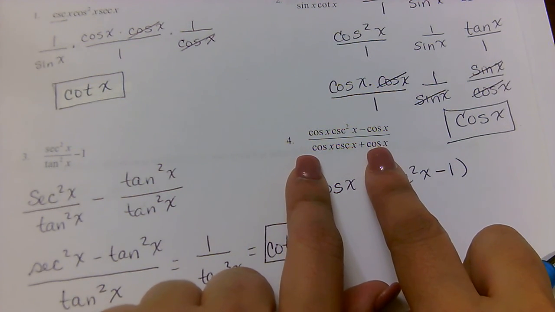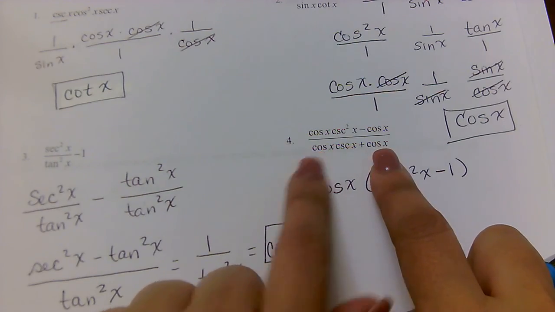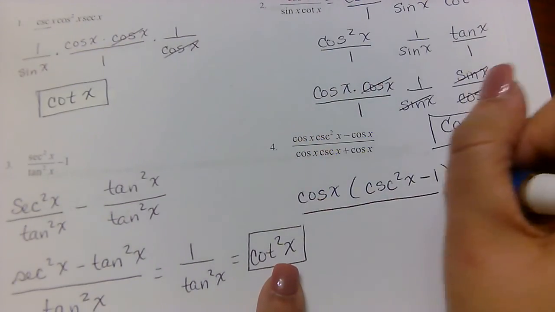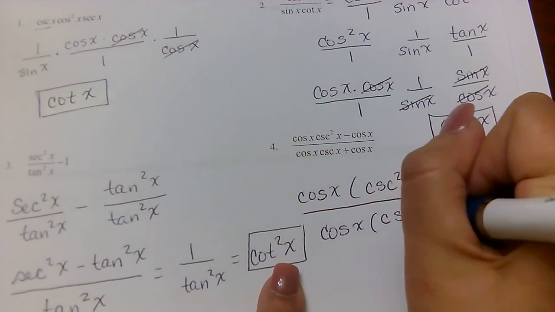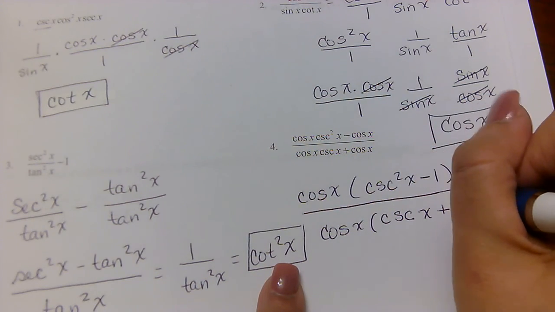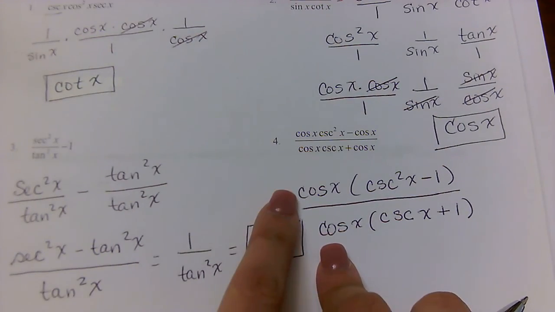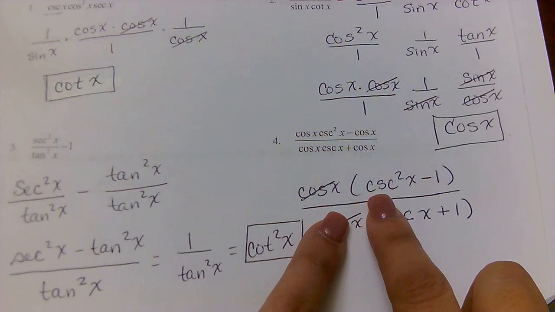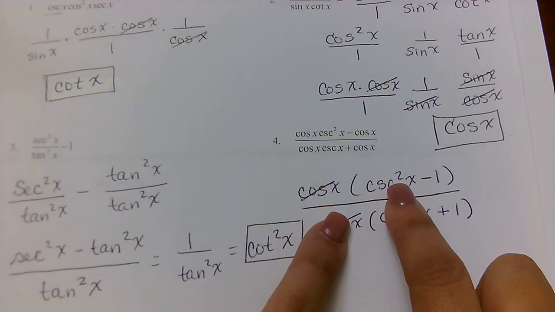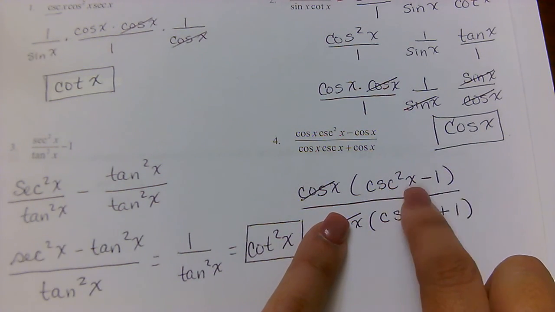For the denominator, you can do exactly the same thing. Cosine is in common to both, so I'm going to factor out a cosine, and I'm left with cosecant x plus 1. Now you can see your cosines can cancel,